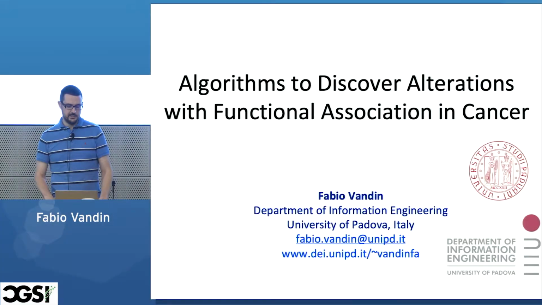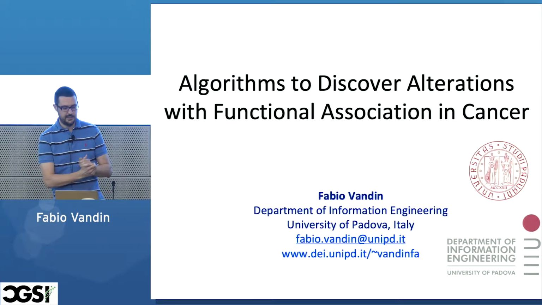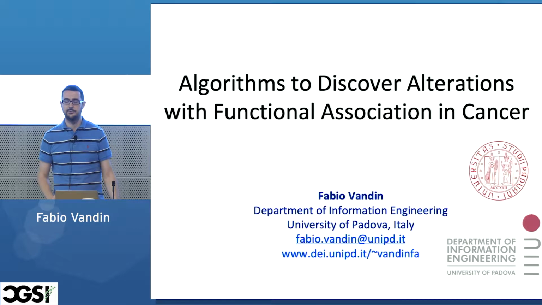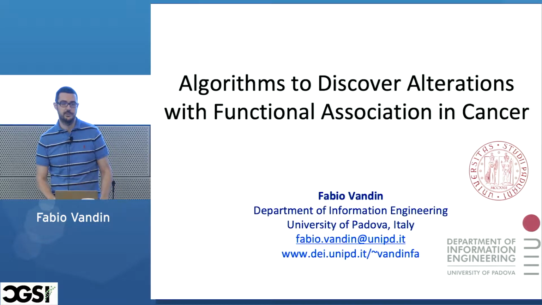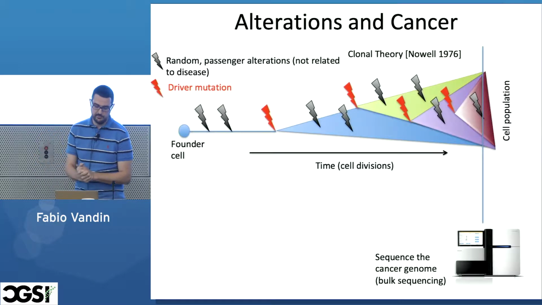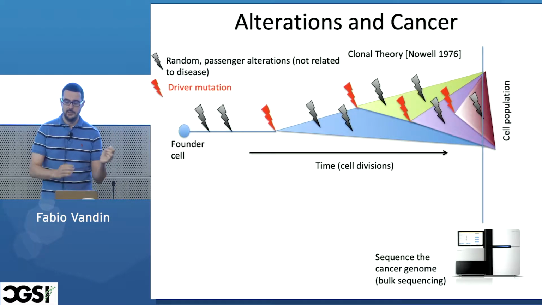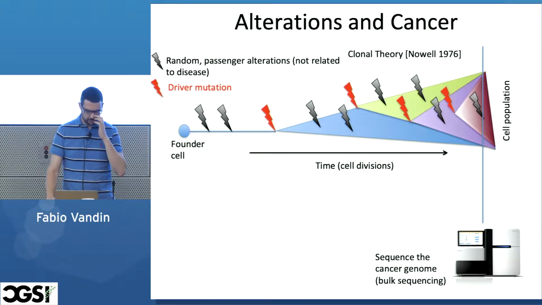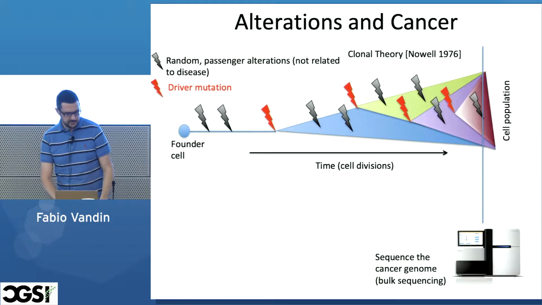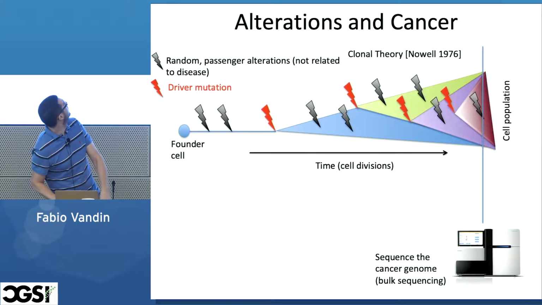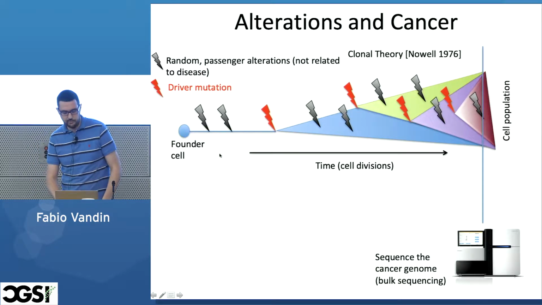What I'm going to present today is some work on finding groups of genes with alterations that are associated with functional association in cancer. Let's start by introducing some concepts that have been explained yesterday by Quaid and Ben. In particular, we're going to look at somatic mutations, since cancer is a process of accumulation of mutations,